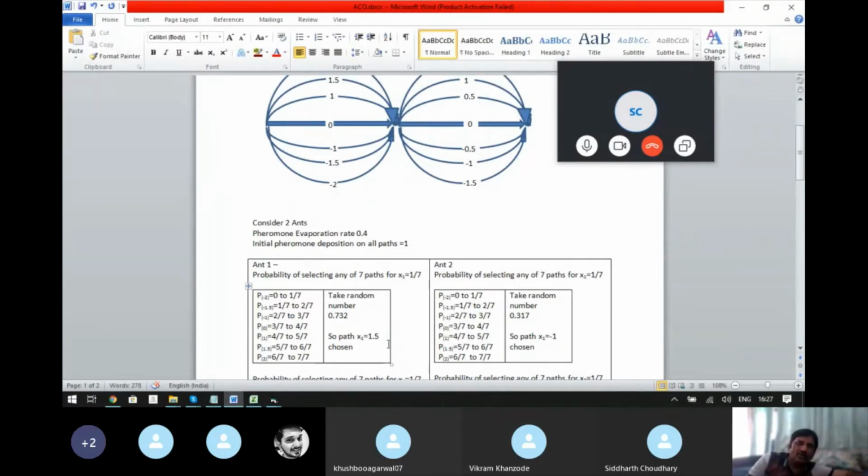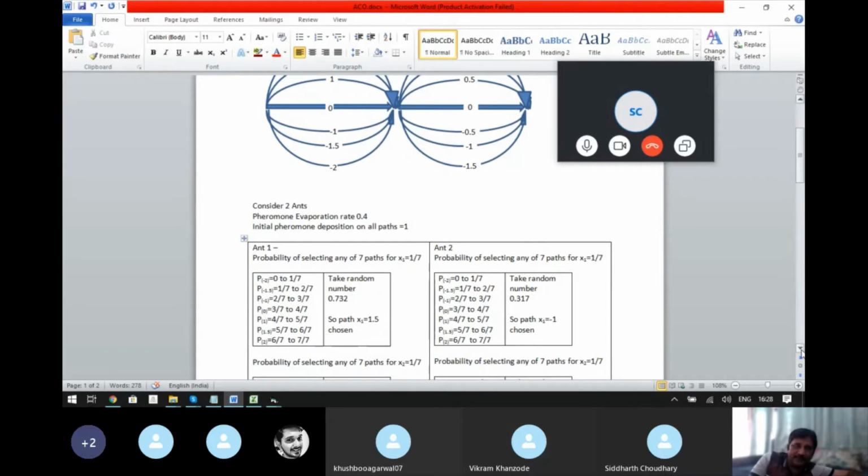In all these things, we don't want to take the blame of being biased towards a certain number. It is an ant, and there is a random number. If someone blames us, they cannot say we are biased towards a certain number. There was a random number, there is an ant, and because of that random number the ant has selected this path. So x1's value is 1.5. Now, what will be the value of x2 for ant1?